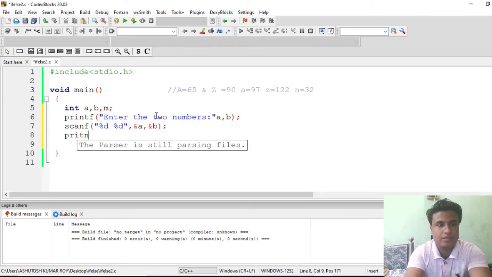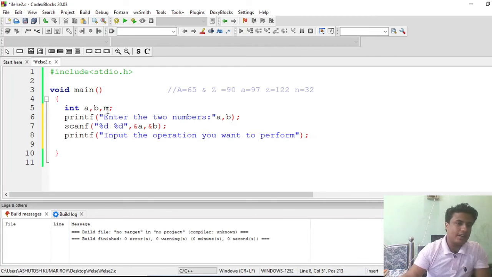printf, input the operation you want to perform.